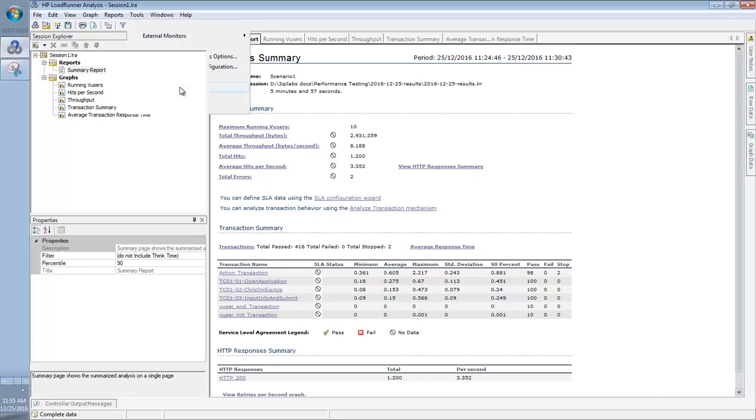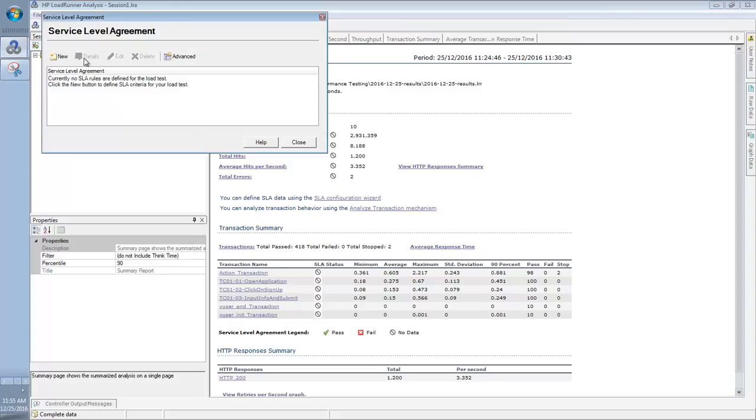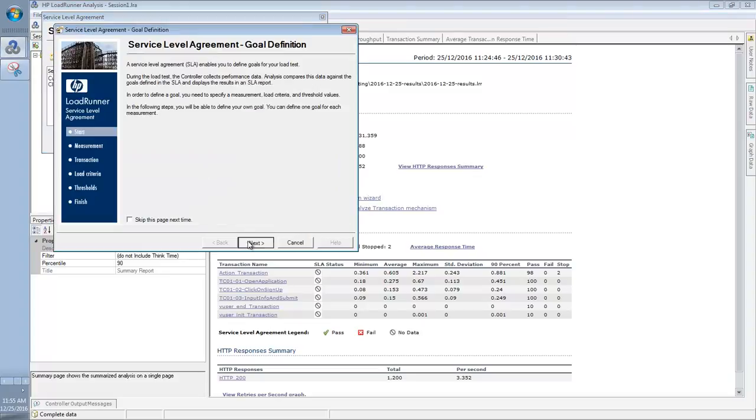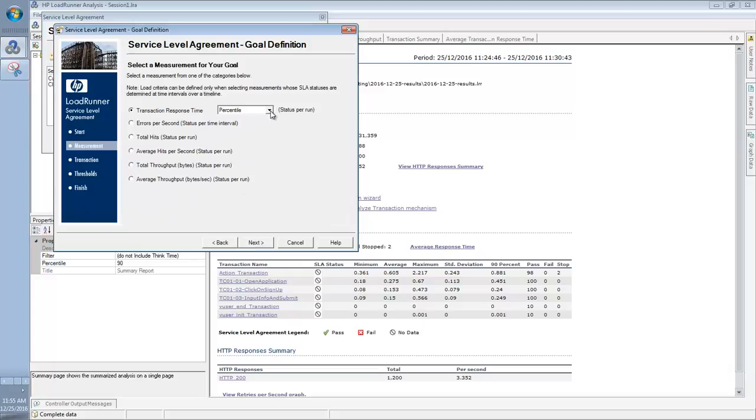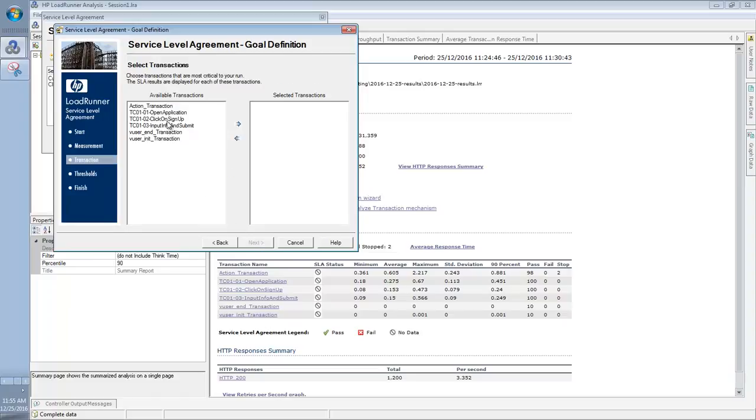Now you go to configure SLA. Can you see new? Click on new, click on next, and percentile, transaction response time percentile, click next. Now what are the transactions? We have open application, you bring it. We have click on sign up, you bring it. We have input info and submit, you bring it.